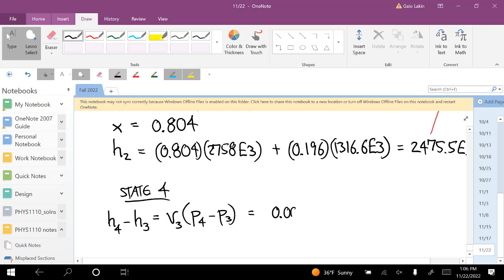So that's 0.001 times the quantity 16 times 10 to the 6 minus 8 times 10 to the